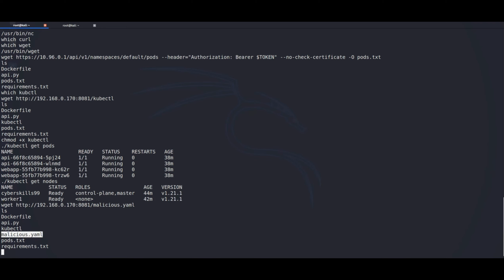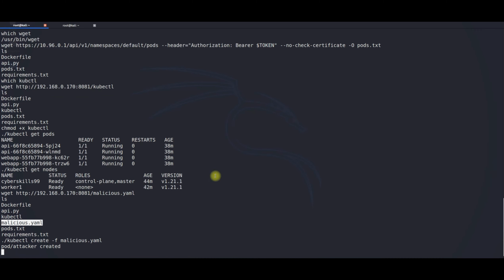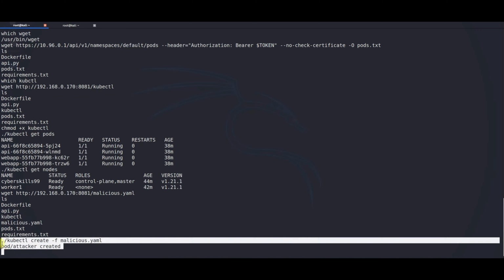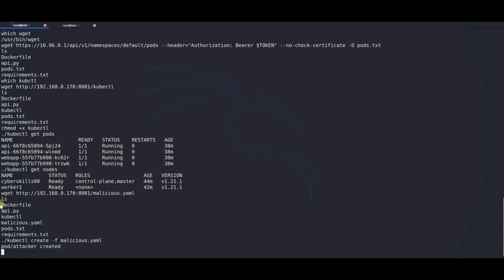So the attacker can use the same utility, kubectl, to create this new pod. You can see right now there is a message which indicates that the new pod has been created. We can verify this pod.